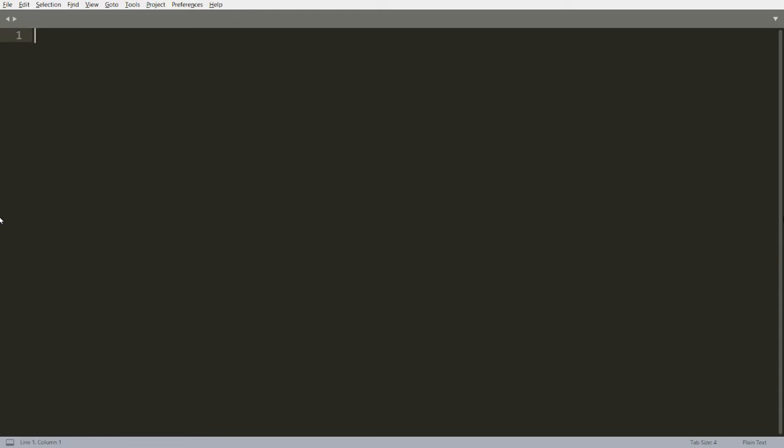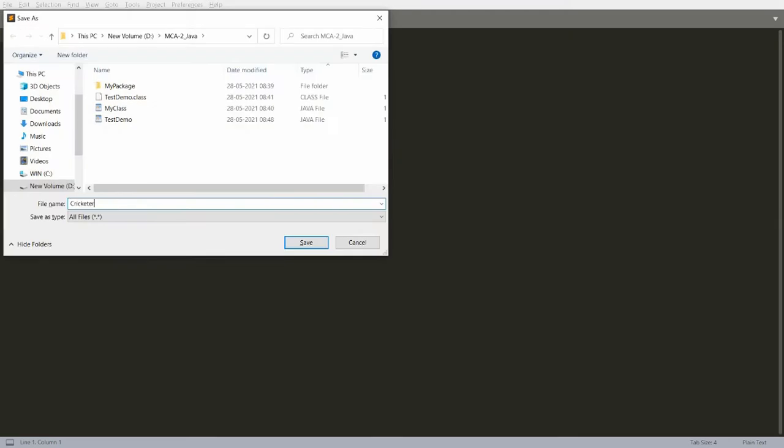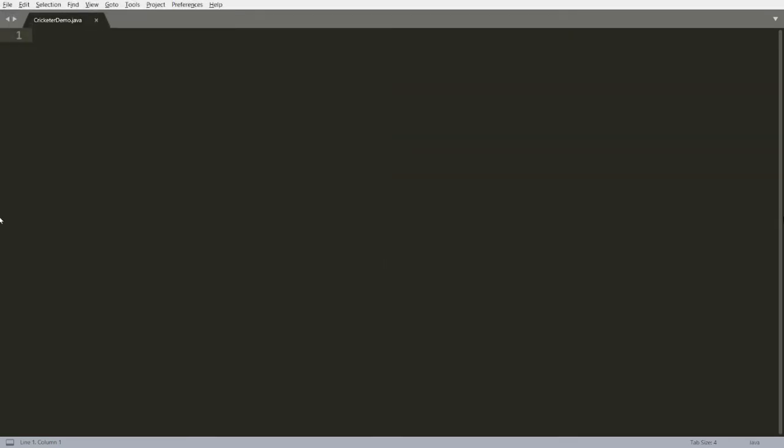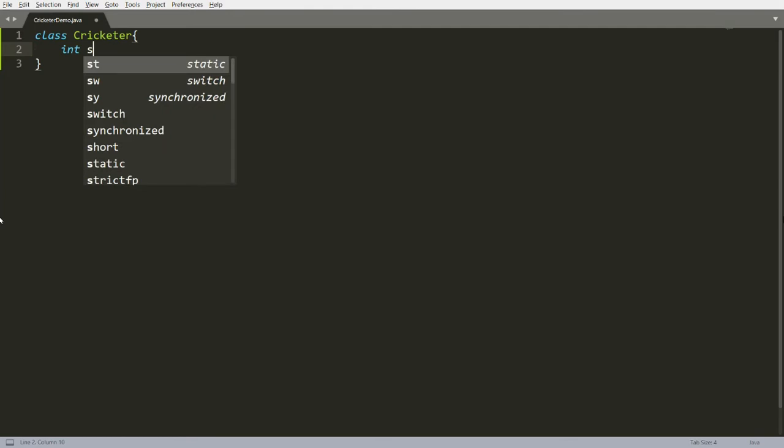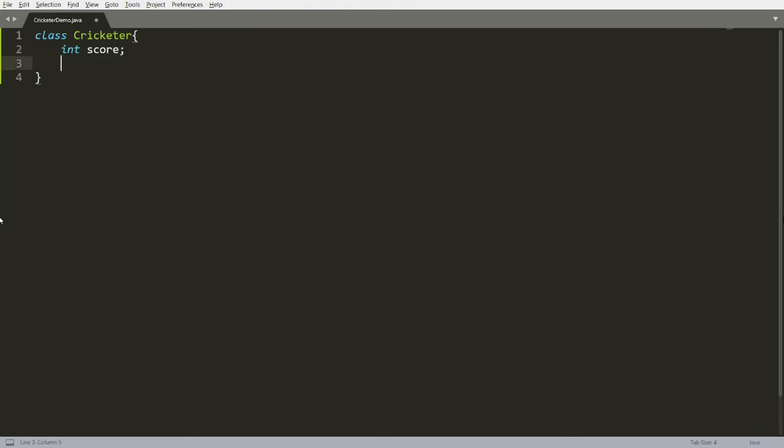So I'm saving my program as cricketerdemo.java. Now I want to write one class here, that is Cricketer. Here I'm writing the score of the cricketer. So I'm writing the constructor, that is Cricketer.